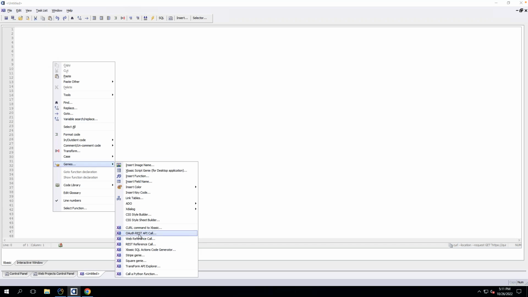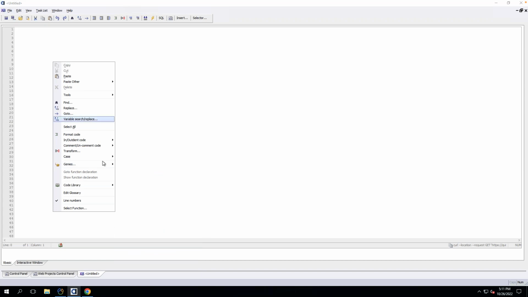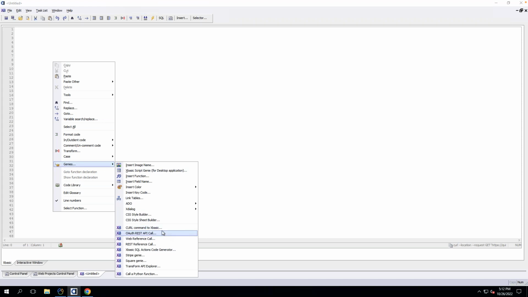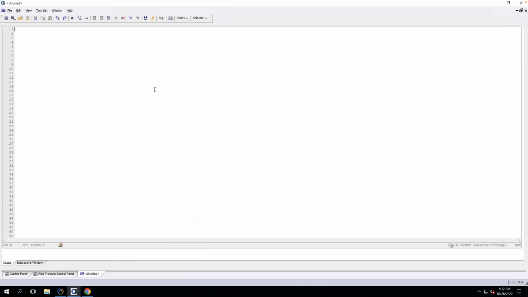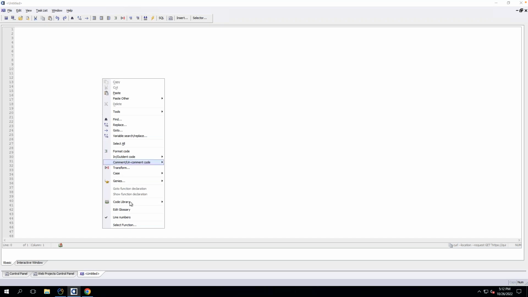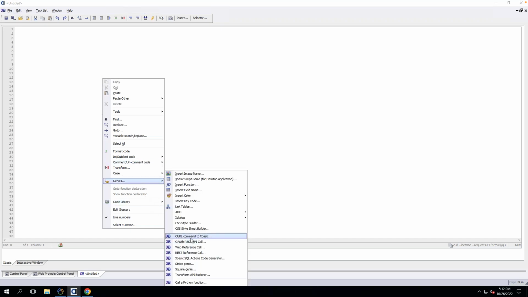And these are really just nice little code generators. So you don't have to sit there and write a whole bunch of code. So one that I like and what I like to introduce is here is the curl command to XBasic. Basically, this allows you to take any curl command and it will turn it into a set of XBasic, including any things like security and other elements that are associated with it. So you just go into wherever you want to put this. Again, it could be an XBasic function, a class, or your UX. You just right click on the white space, go to code library, Genies, curl command XBasic, and it brings this